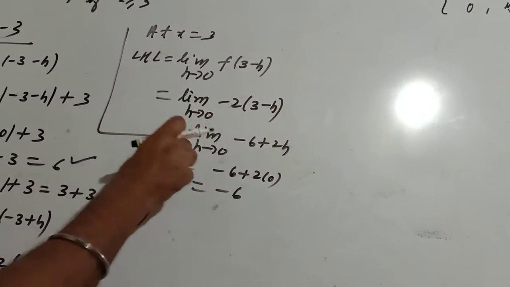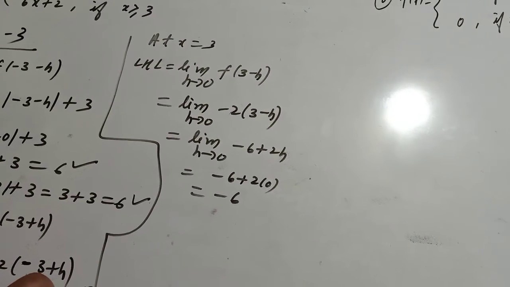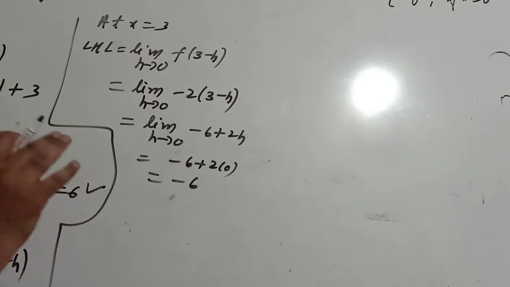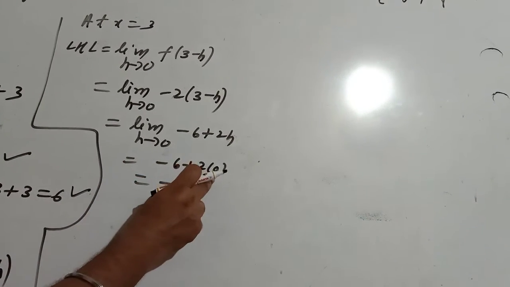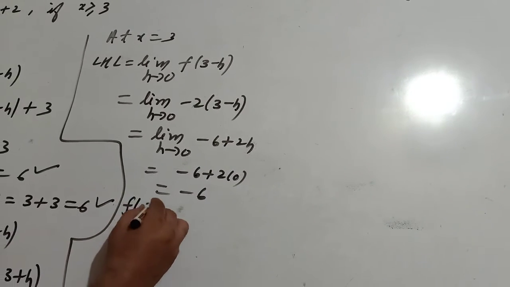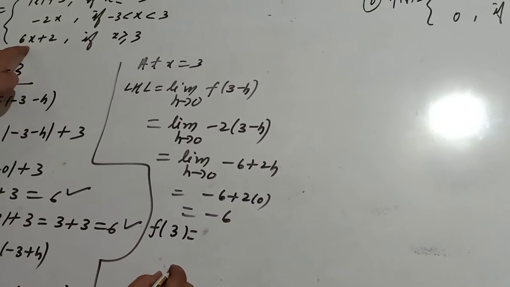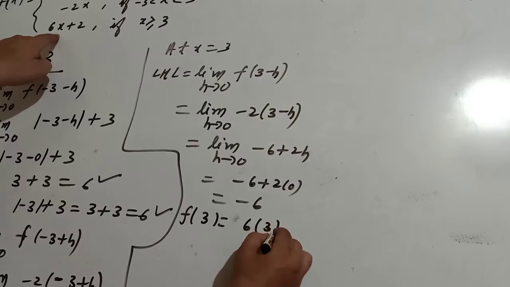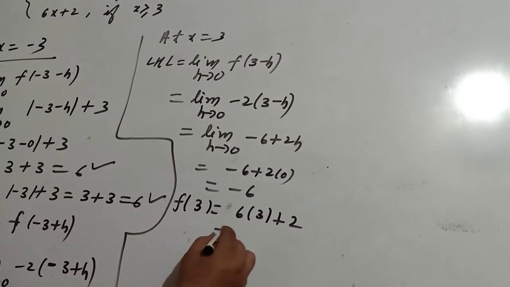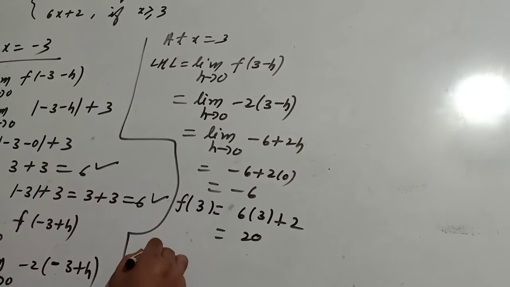You have to write h tends to 0 until, unless you are putting the value of h. If you are not putting, it means you have to write it. When you are putting h value, no need to write limit h tends to 0. Now f of 3, this function, 6 into 3 plus 2. 6x plus 2. This is what? 18 plus 2, 20. And RHL,